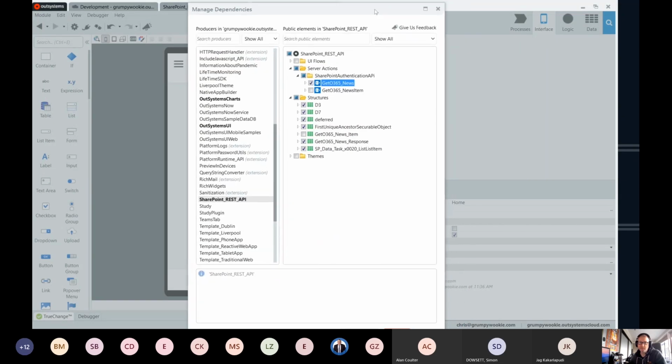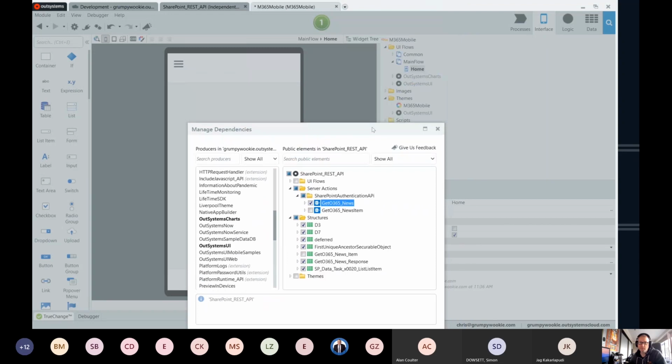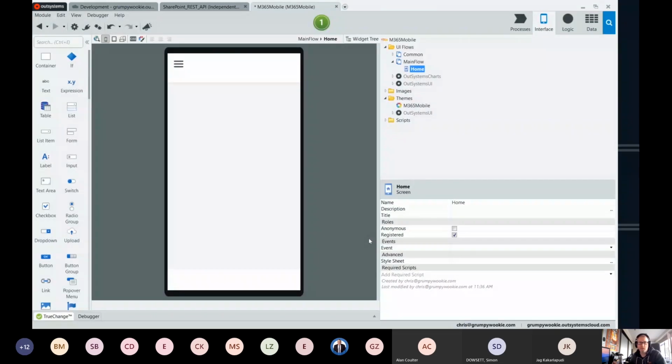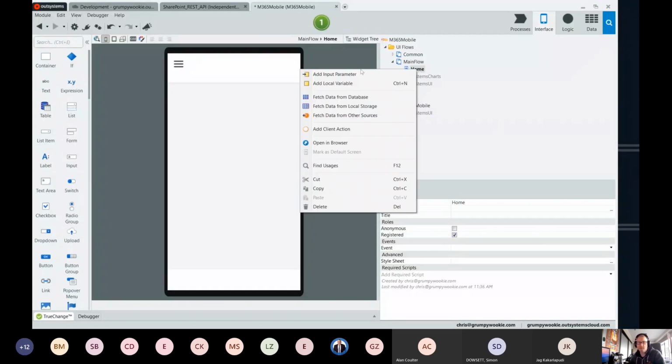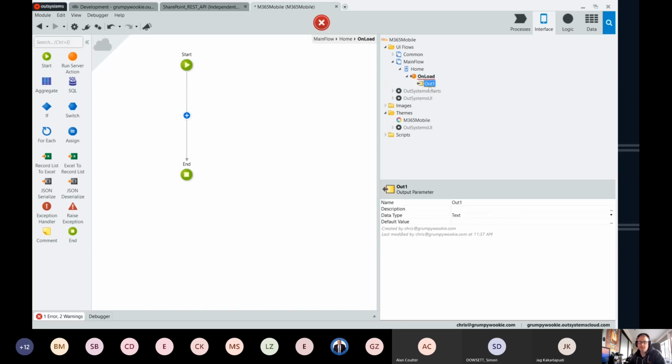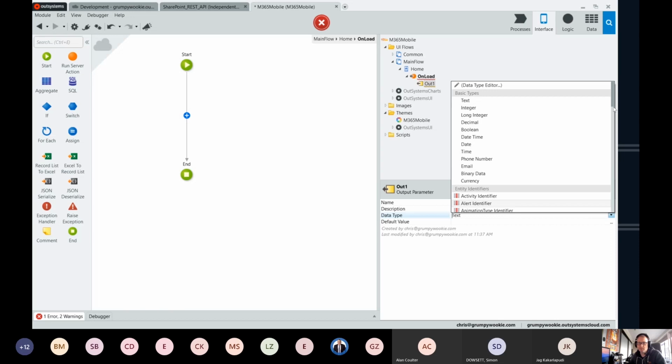And I need to, oops, because I've come from another screen, it was a smaller resolution. So, okay, that's pulled in my UI, my integration to SharePoint. Now what I want to do is essentially create an onload. And in this onload, I want to fetch data from another source. So here, this is my code essentially, and I'll call this onload. And what I want to return out of my onload is I have an output parameter by default, but instead of text, I'm going to return out